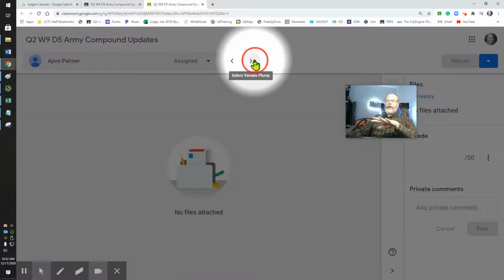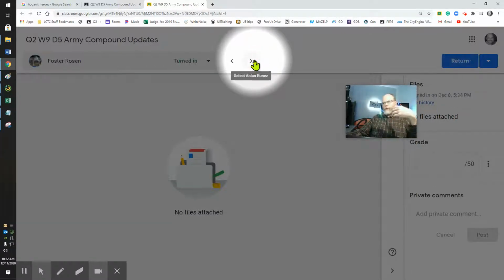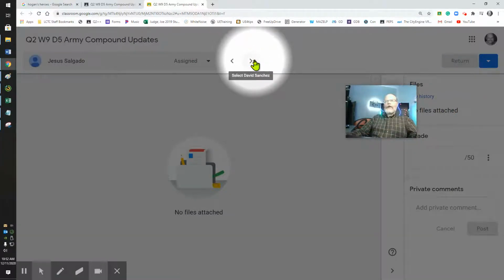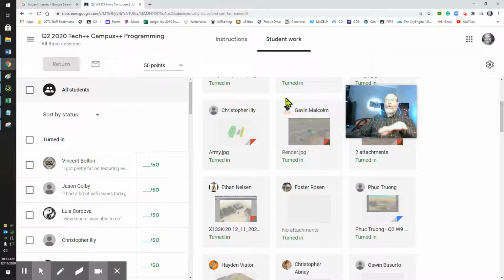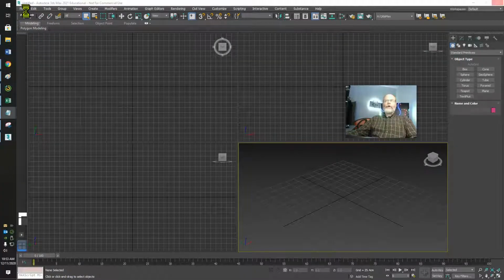You can always get back into these. And the process of going through the Army compound is actually designed to help students learn processes that they can use in their own work, right? We're doing this as an exercise. So by doing File Open,